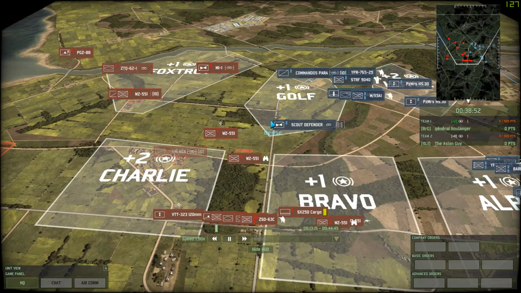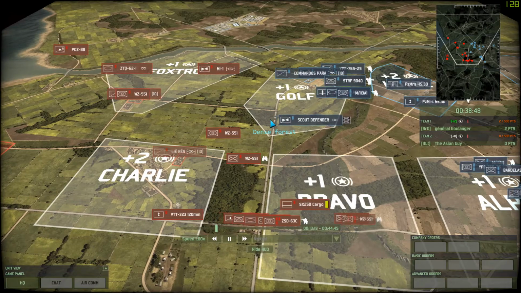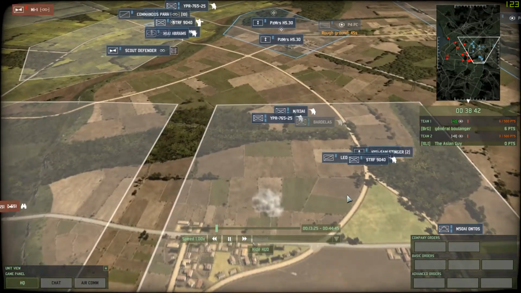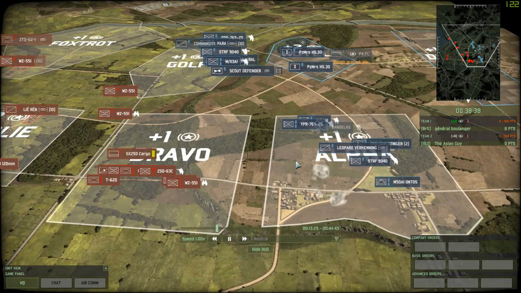Looks like the Asian guy is abandoning Gulf entirely. Yeah, just not bothering at all. Just throwing out some recon. Smoke coming out. Decent number of guys that General Boulanger put into Alpha, so...